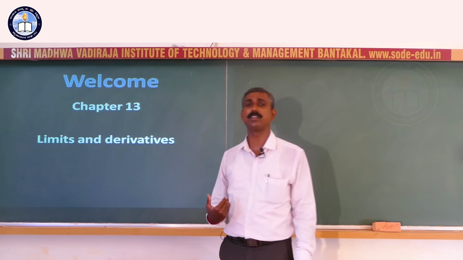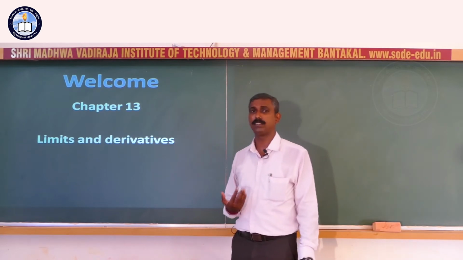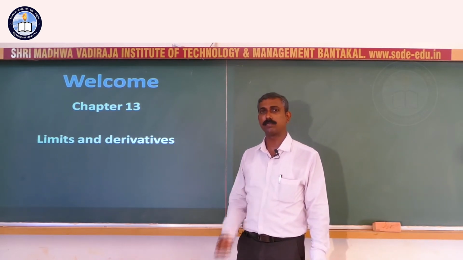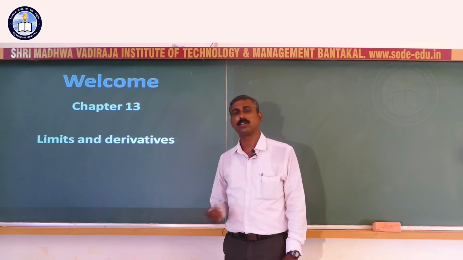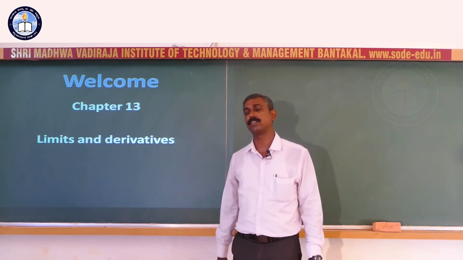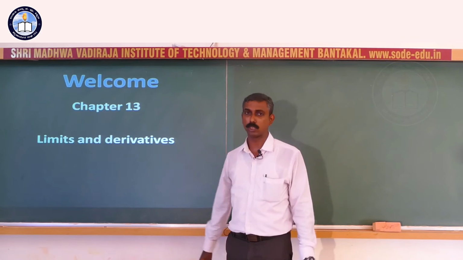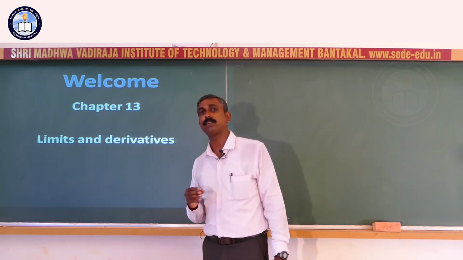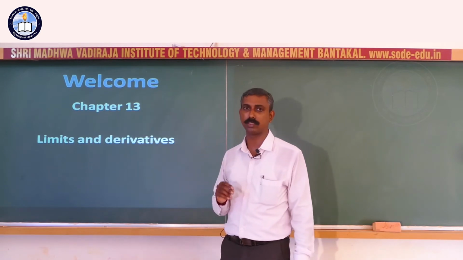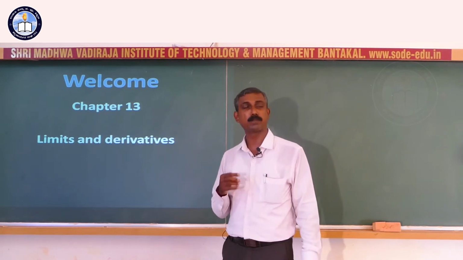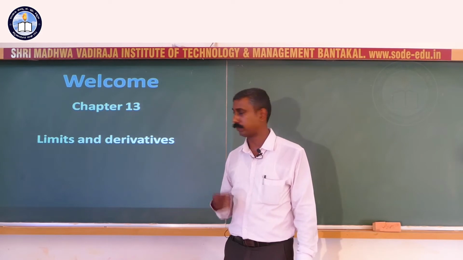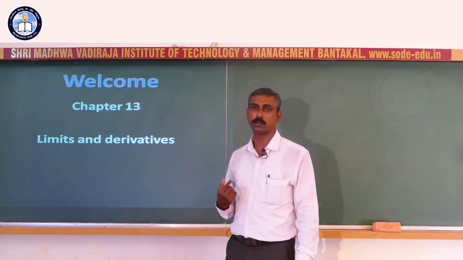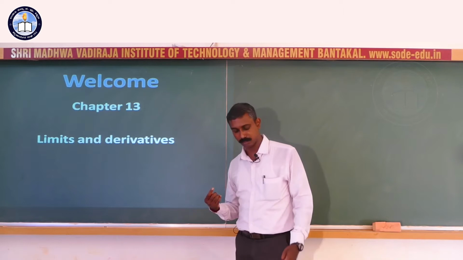In the previous sections we have learnt about the definition of limits and discussed some problems based on that. Left hand limit is equal to right hand limit, limit exists, etc. Then limit of a polynomial function, limit of a rational function. Then a theorem for the limit of a rational function, that is, limit x tends to a, x power n minus a power n divided by x minus a is equal to n a power n minus 1. So we solved problems on that.